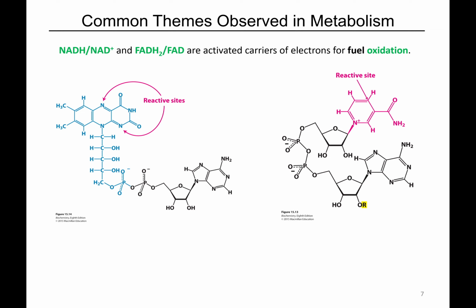We know that for flavin, our reactive sites are the two nitrogens positioned here. We know that they're linked electronically through these pi bonds. So it always involves hydride transfer. A hydride would attack at one of these two positions, the electrons would reposition themselves, and then this nitrogen will ultimately pick up a proton. Over here, we know that this is the reactive site. A hydride would come in, react here, electrons would move down to this nitrogen, and they'd be stored there. Once you understand how this chemistry works, you don't have to relearn it for every reaction.